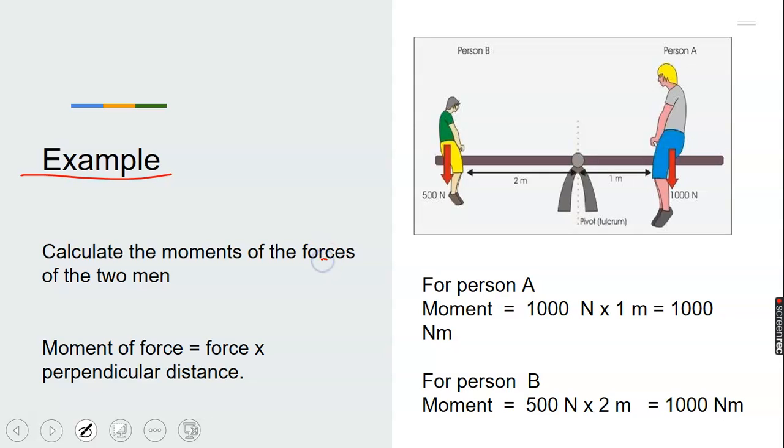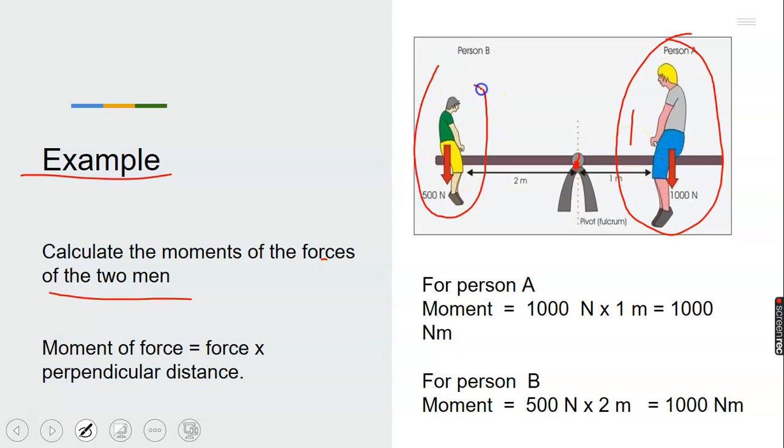Calculate the moment of the forces of the two men. Look at this. This is where it has been pivoted. This is the first man. The distance from this point to this point is 1 meter. This is the second man. The distance from here to here is 2 meters. To find the moment of this man about this point is equal to